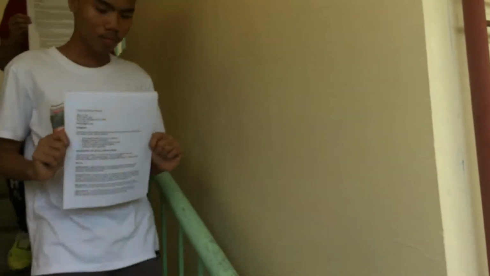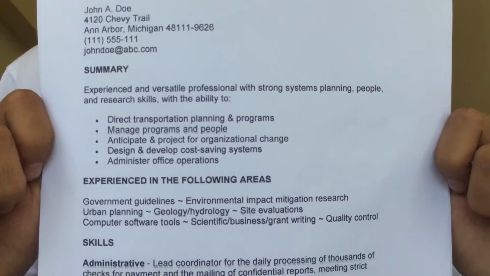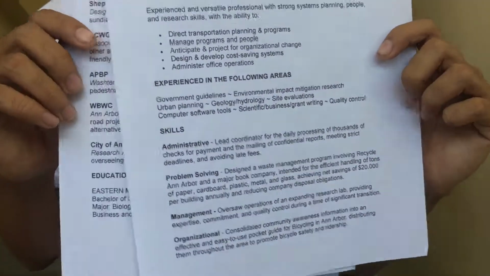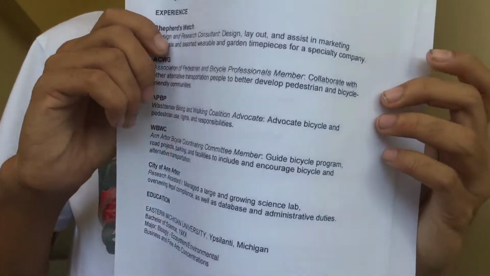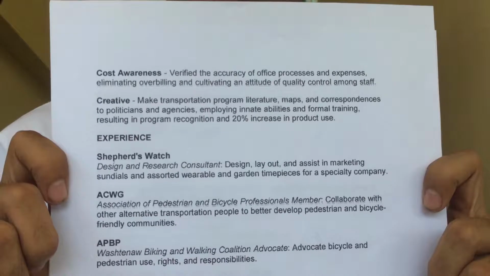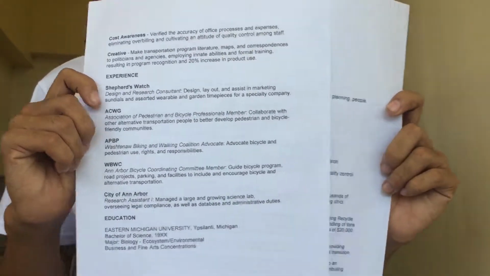The second type of resume is the functional resume. It focuses on your skills and experience, rather than on your chronological work history. Instead of having a work history section at the top of your resume, you might have a professional experience or accomplishment section that lists various skills that you have developed over the years.